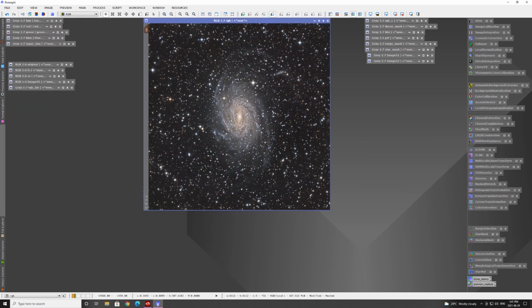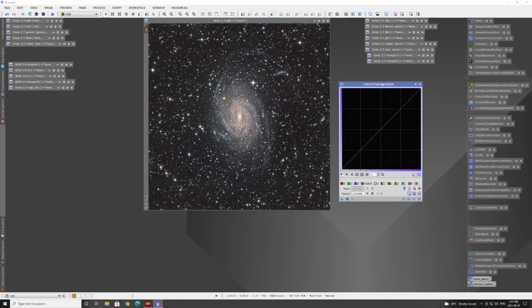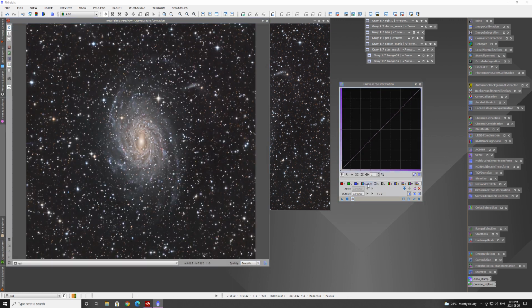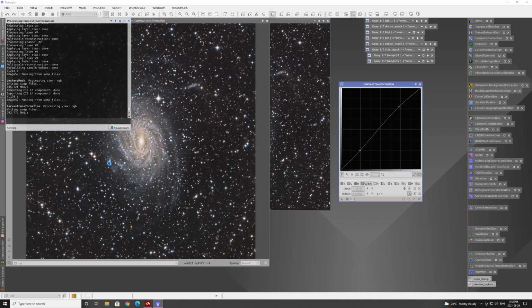Okay, so now that that's done, the next steps I usually like to do are curve transformations specifically isolated to the galaxy. So brighten my highlights up a little bit. Make sure that you balance it out too, because you do have that mask, and it might make your background darker than the rest. So you gotta make sure you level it out. Looks good. So I'll apply that,